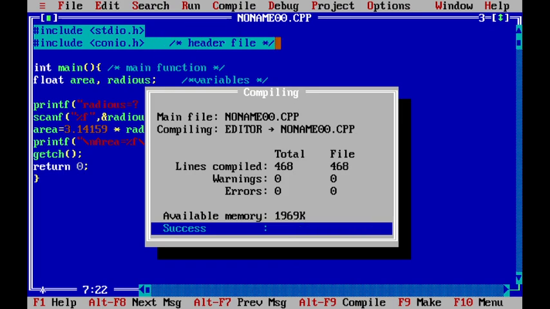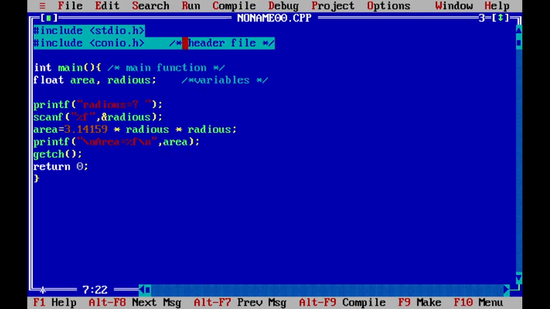If you write these things in your code, you can use front slash and star. After that, whatever you write is not compiled if you close with a star and front slash. Okay, today these are the